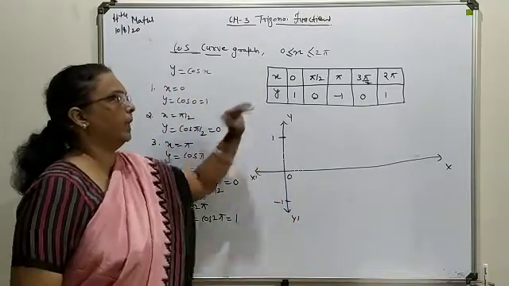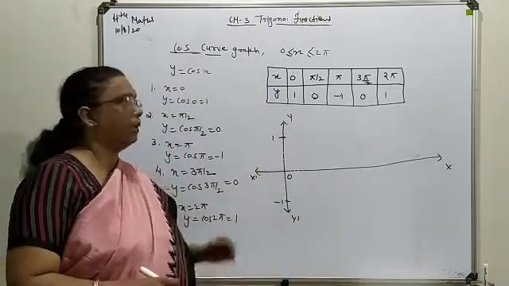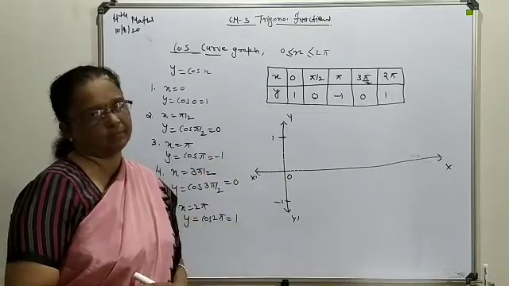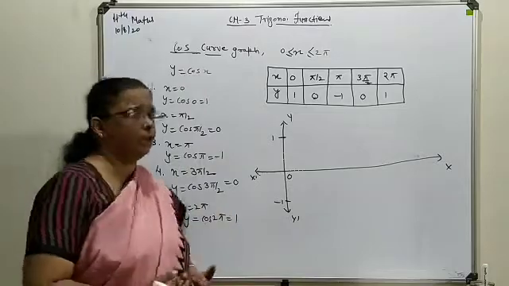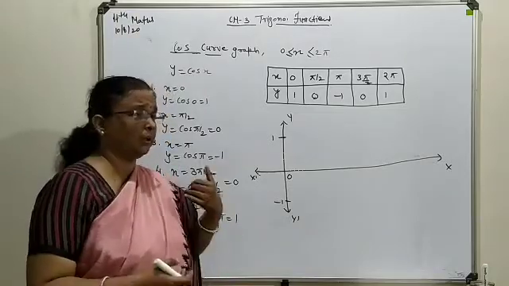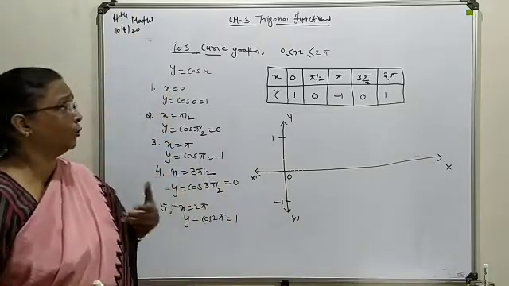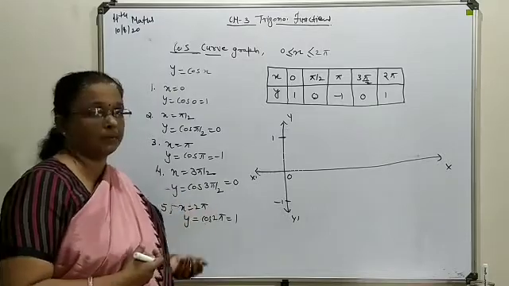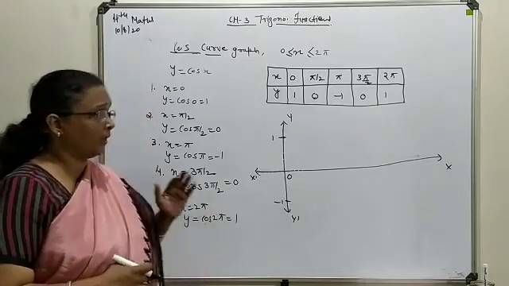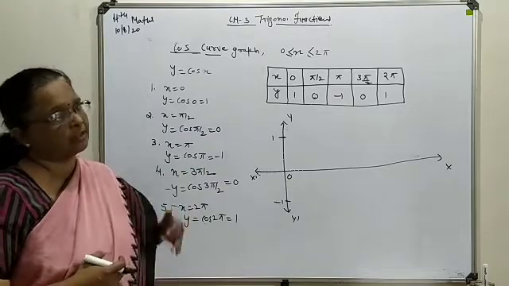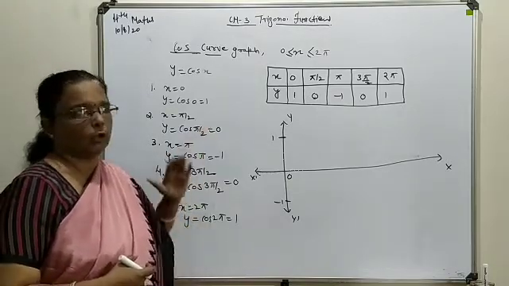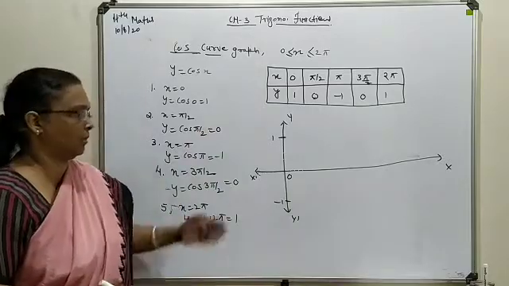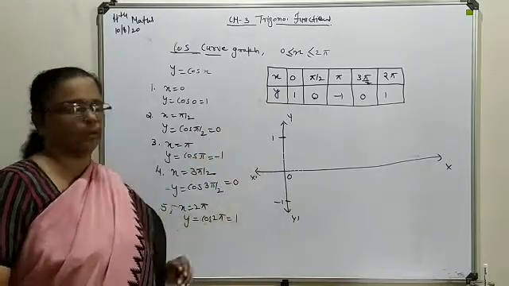Here also the maximum value is 1 and the least value is -1. Means whatever the angle, written in any form as a multiple of a higher order with pi or 2 pi, or you can say pi by 2, your answer will lie between -1 and +1, maximum up to 1 or minimum up to -1. So let's try to locate all these points.